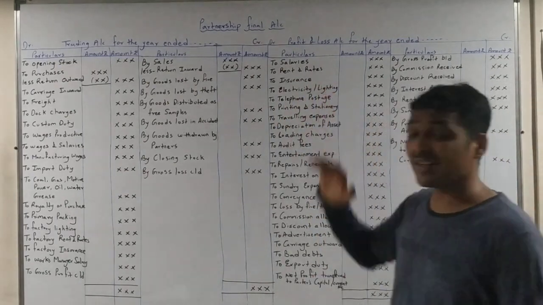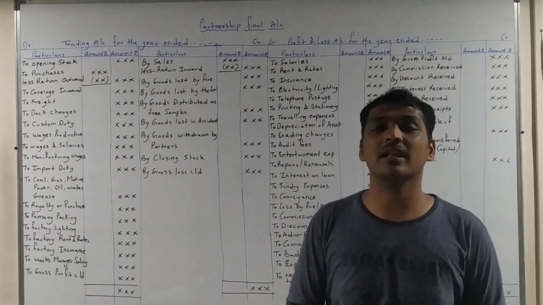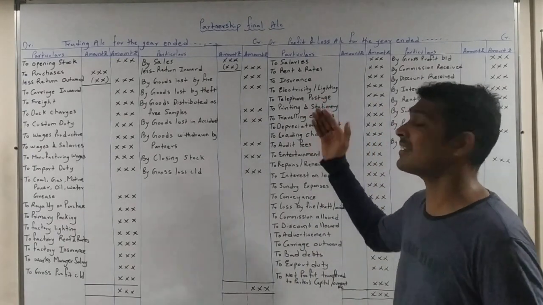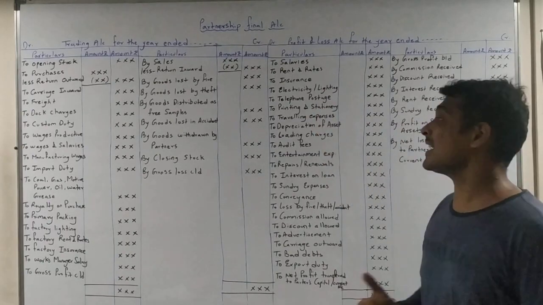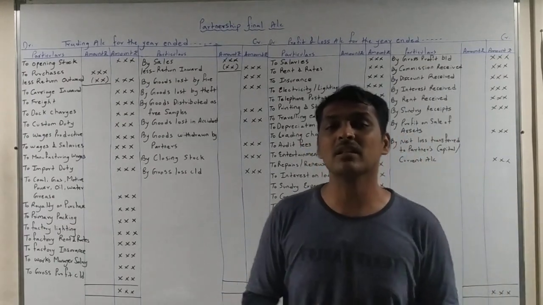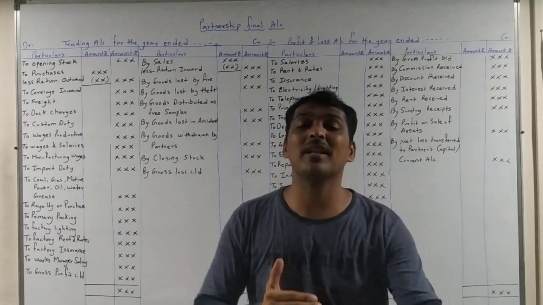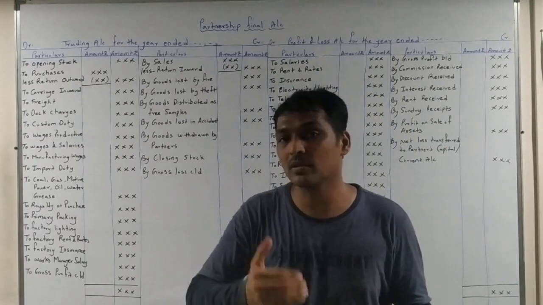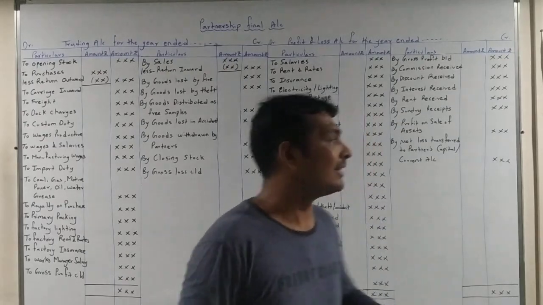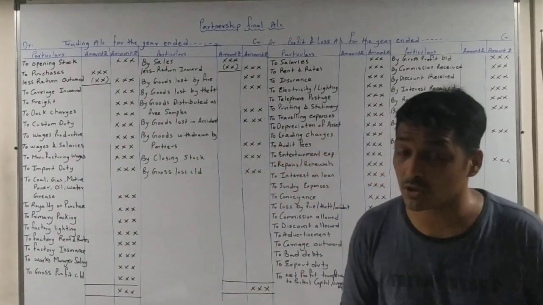Then the first item is to salaries. So salary, it is related to office, it will be recorded under the debit side. Then rent and rates related to office, insurance, electricity, lighting, telephone, postage, printing and stationery, traveling expenses, depreciation on asset. Now what is depreciation? Depreciation means wear and tear of asset. Whatever the asset is there in your business and that gets depreciated, that gets used, और use करते वक्त उसकी value कम हो जाती है. So whatever the value has decreased in that particular year is to be recorded under the debit side of profit and loss account by naming depreciation of asset.